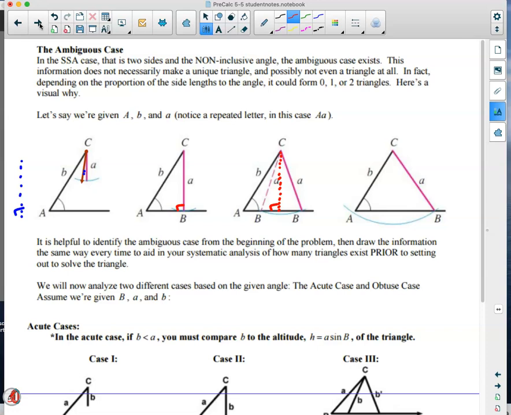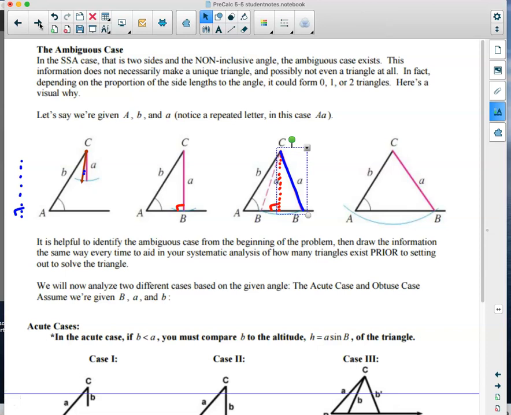If A is longer than the height, well, then of course it's going to reach. But there's a possibility that the side could be over here, or it could swing over and hit it again over here. And that means it could form two triangles, and we have to evaluate both of those. So this situation,